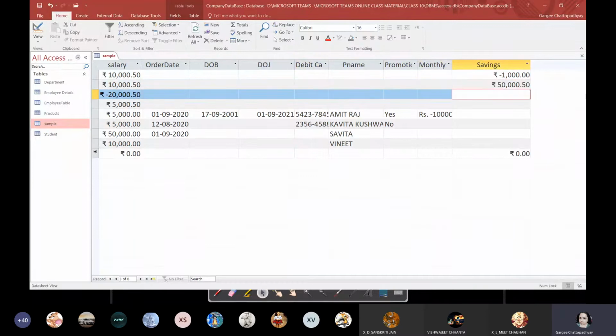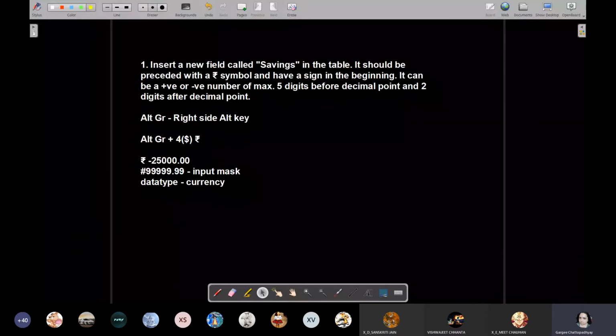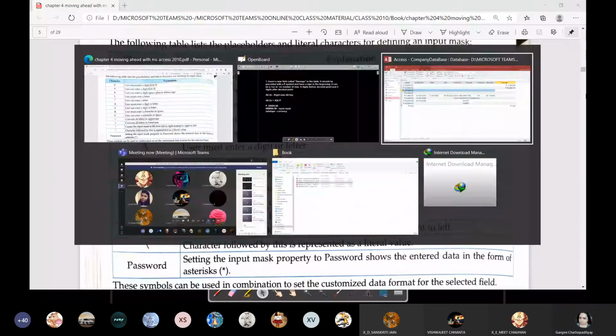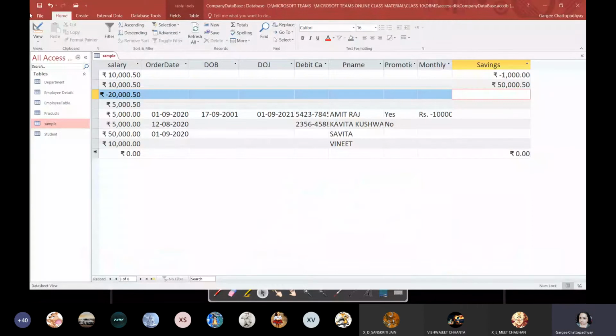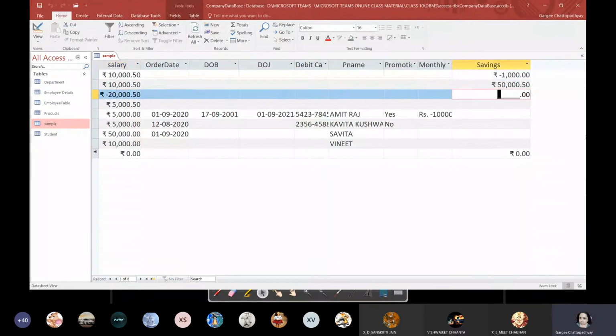Now the plus sign is understood to be a plus sign. One second, let me just check the input mask over here. Yes, it's there. Let us try to add a negative value.